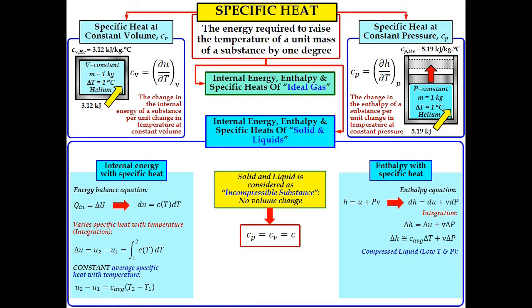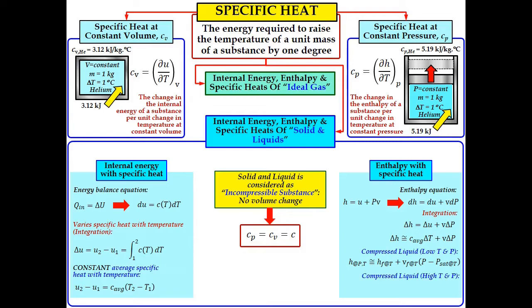And let's say we consider the compressed liquid at low temperature and also low pressure. We'll have this relationship where the enthalpy for the compressed liquid at specific pressure and temperature is more or less equal to Hf at specific temperature plus vf at specific temperature multiplied by P minus P saturated at specific temperature. So the values of Hf, vf, and P saturated for the compressed liquid we can obtain from the saturated table, referring to the specific type of substance.